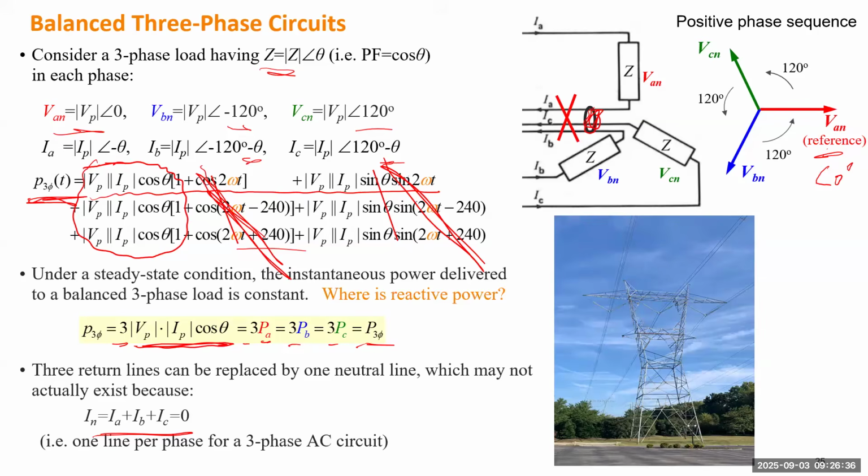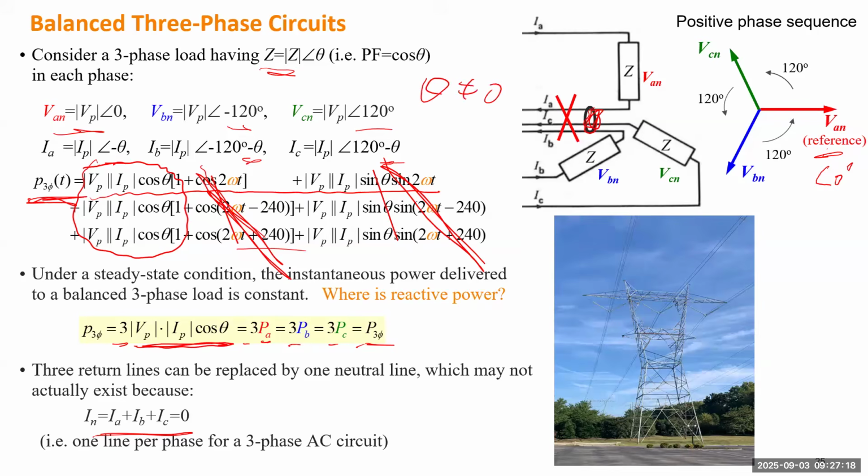I have to ask the question, where is the reactive power? We proved the 3-phase instantaneous power is identical to the active power. But where does the reactive power go? Reactive power is a signature making the AC circuit different from a DC circuit. For an AC circuit, the voltage and current sinusoidal waveforms don't have exactly the same angle, because we never assume the power factor angle is 0, since theta can be non-zero. So it has to have some reactive power.